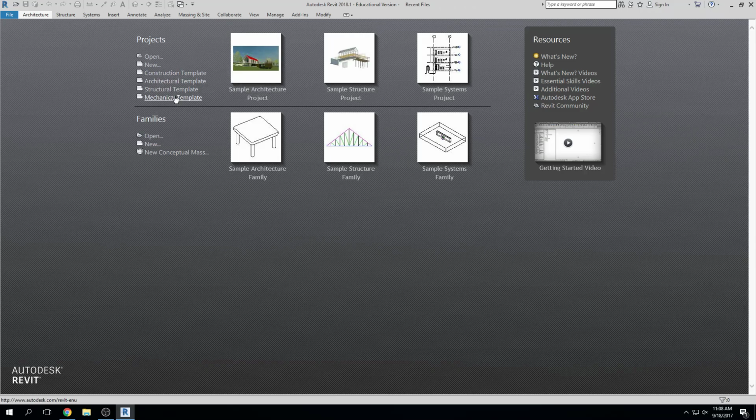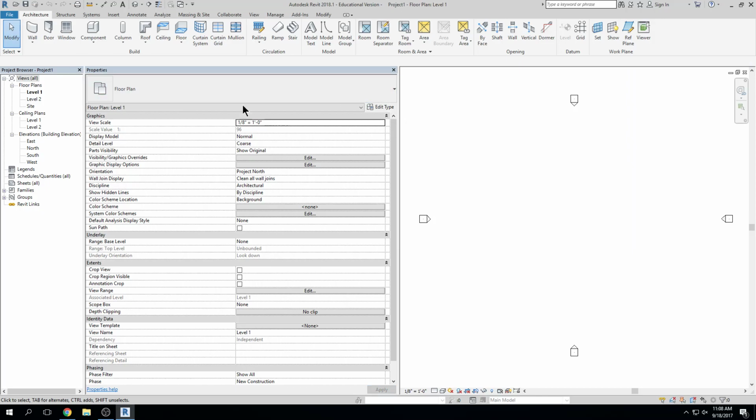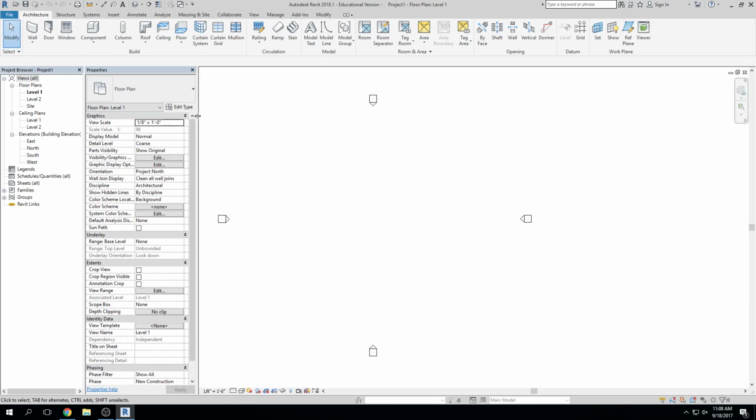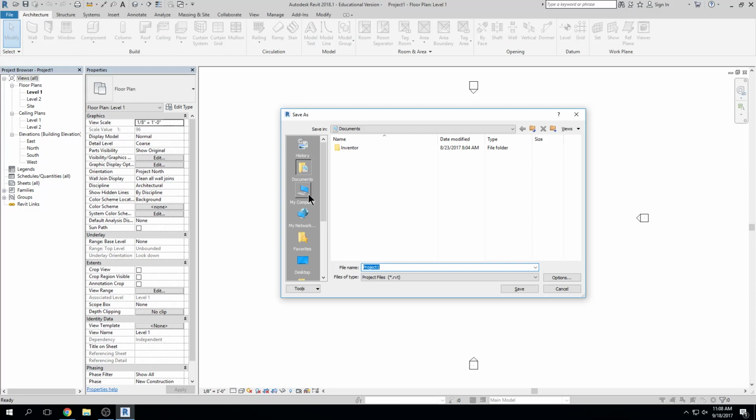So my templates are back. I'm just going to open up the architectural template. Click. Okay, there we go. All right, so here's my blank Revit file, and the first thing I'm going to do here, I'm going to file save first, and I'm just going to start saving this project, and I'll just continue working on this project through the semester just as you are. I'm going to go to my desktop and Revit project, and I'm going to call this the residence underscore